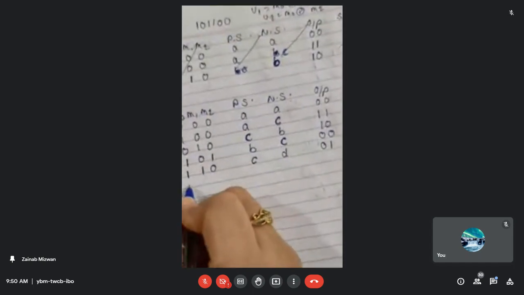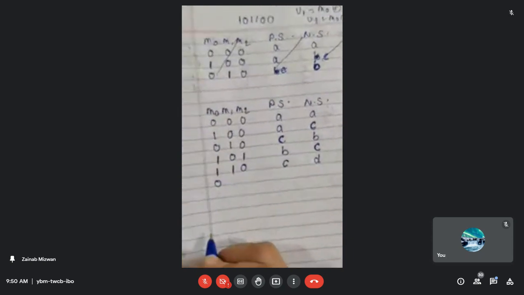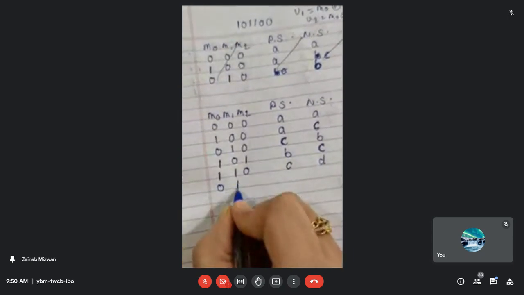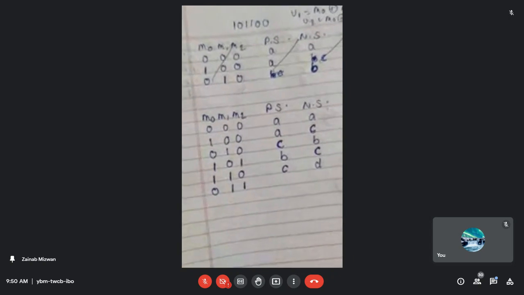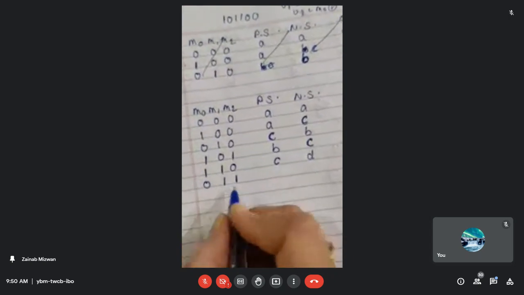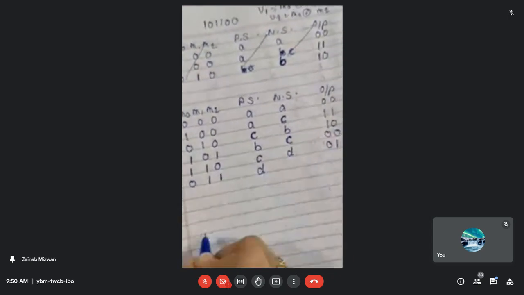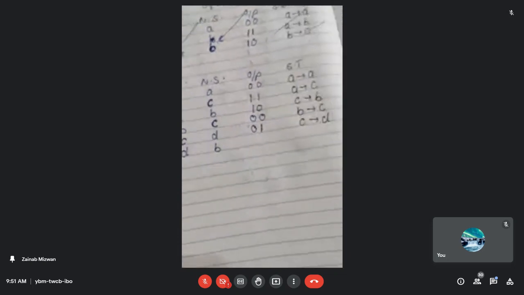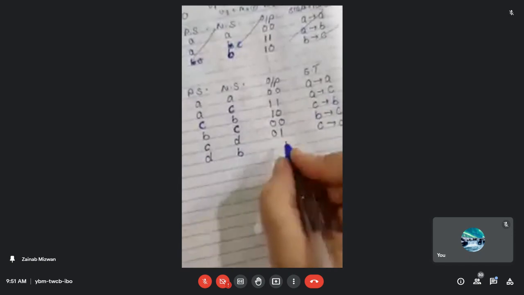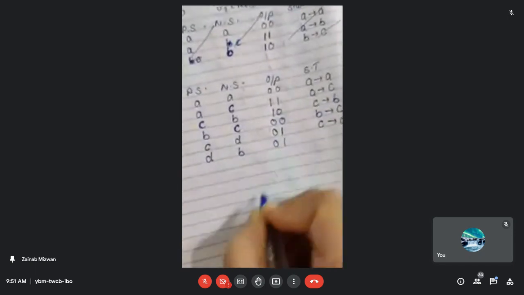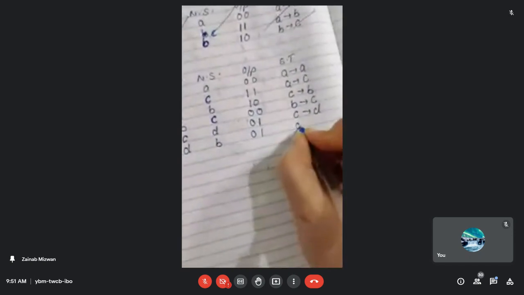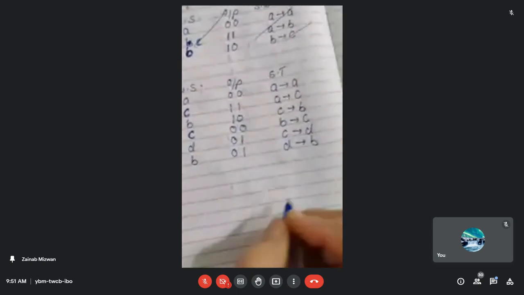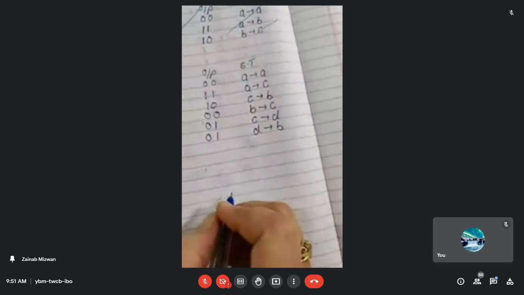Then the third input is your 0. When the input is 0 again, this one will be shifted over here. This one will be shifted into the M2. Okay, so we are having the present state is your state D. Again 0, 1. 0, 1 is your state B. Okay, so D and B. What about the output? The output will be 0, 1, and there is a state transition from D to B. The state has been changed from D to B over here.